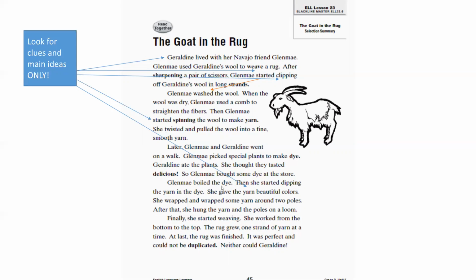All right. Glenmay boiled the dye. Then she started dipping the yarn in the dye. All right. She gave the yarn beautiful color. So all of this is detail that I want to omit, and this is my sentence here. That's the key point here. This is the clue that I want. This is the key point that I want to include in my next sentence. Next, she gave the yarn beautiful colors, or you can write it like this: she dyed the yarn into beautiful colors,